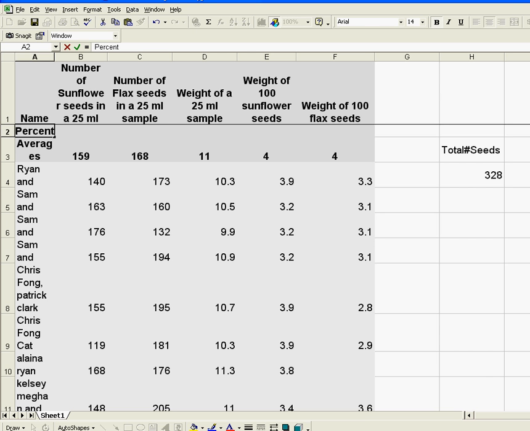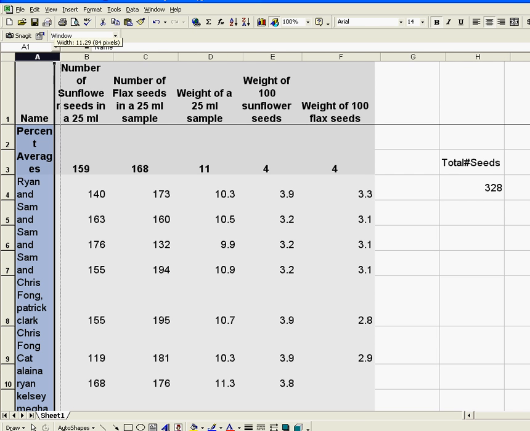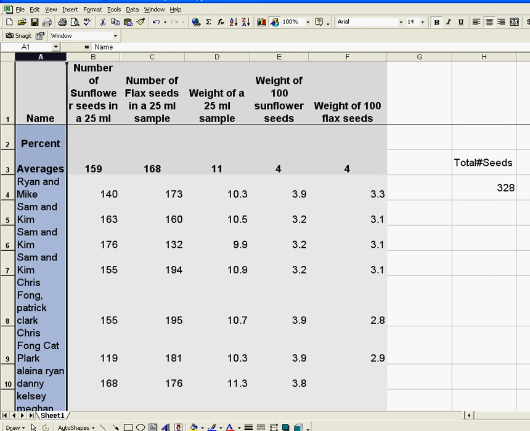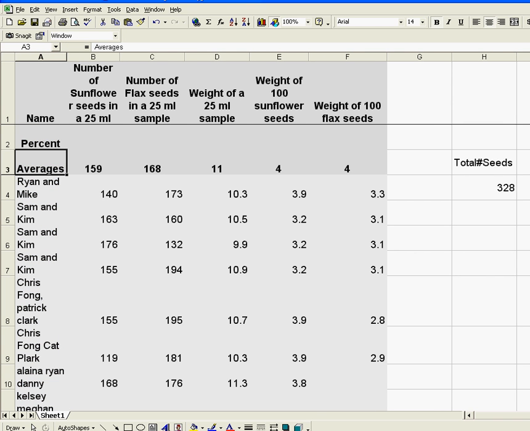Okay, so let's take a look. All right, and the percent is going to be equals this divided by this number,